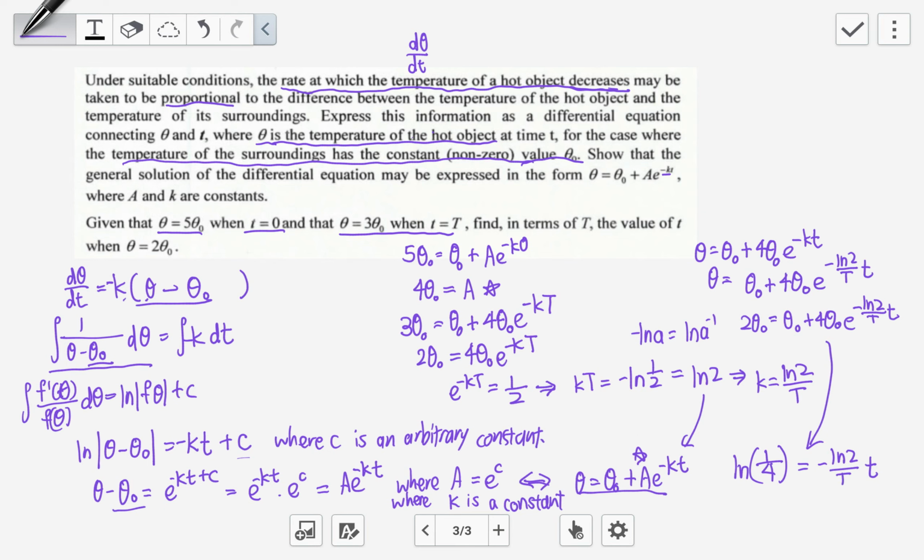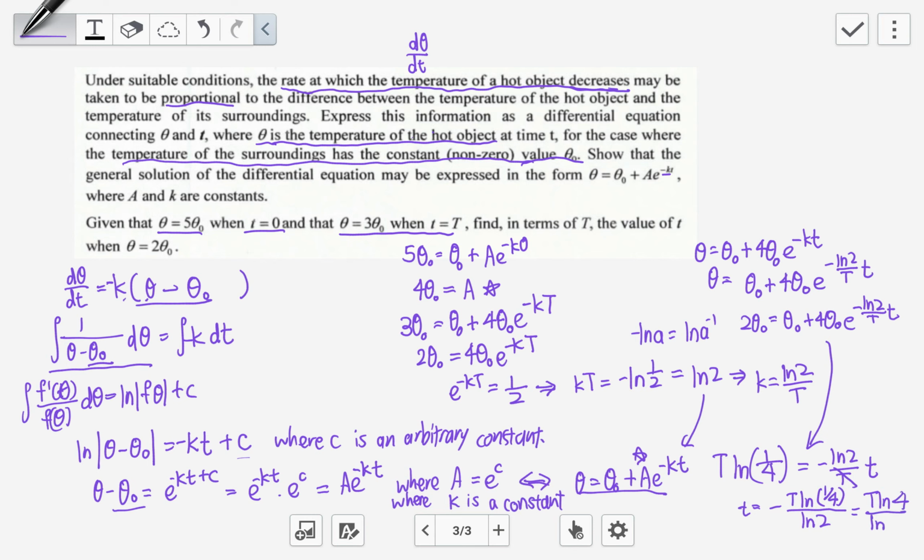So next, I'll bring over T, and minus ln 2 I'll bring over, so that t equals minus T ln 1/4 over ln 2. The negative I can carry up, so this will become 4, so t equals T ln 4 over ln 2,